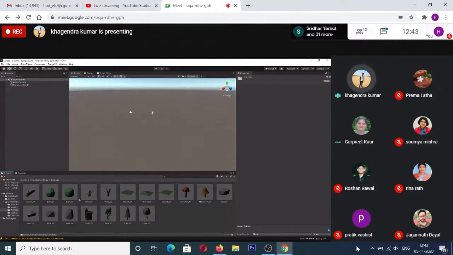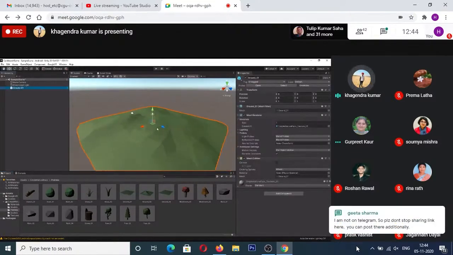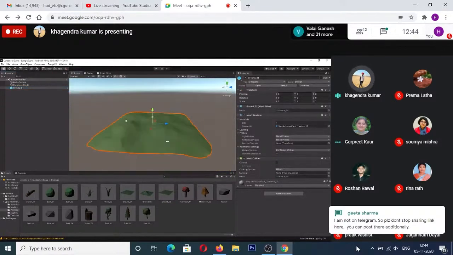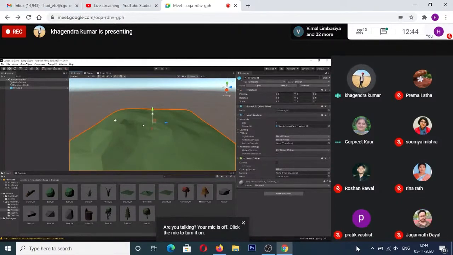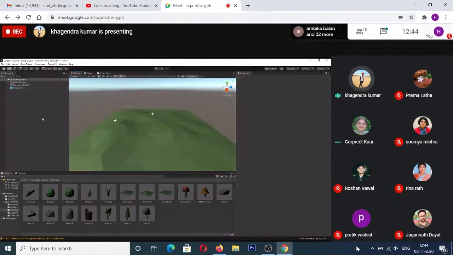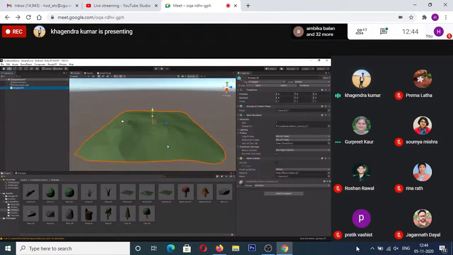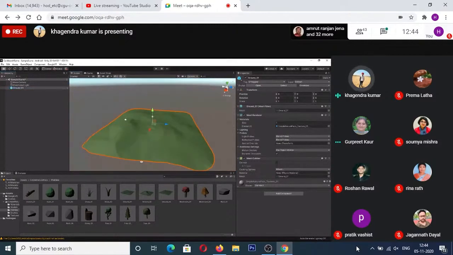Inside this, we will see a lot of options available to us directly. We're going to create a grassland, a ground. There are some options for ground. I'm going to drag and drop it onto my hierarchy for the ground to be laid out. Once I drag and drop it, it gives me a ground directly. Now I can realign this setup and decorate this ground according to my use case.